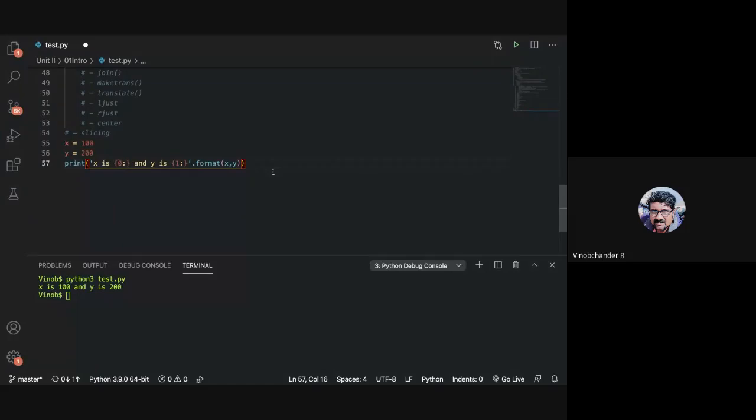You can specify a number, right, which is your character width. Say for example, 6. So you can see the total number of characters for x, your first positional argument, is 6, and for your second argument is 6, right? You can specify leading zeros like this.